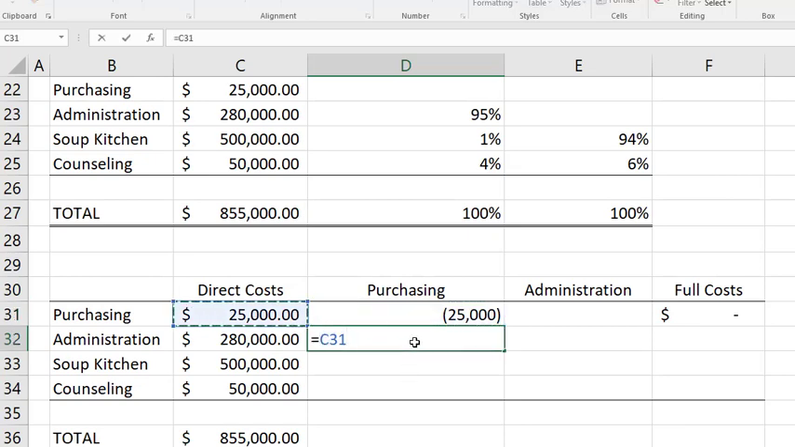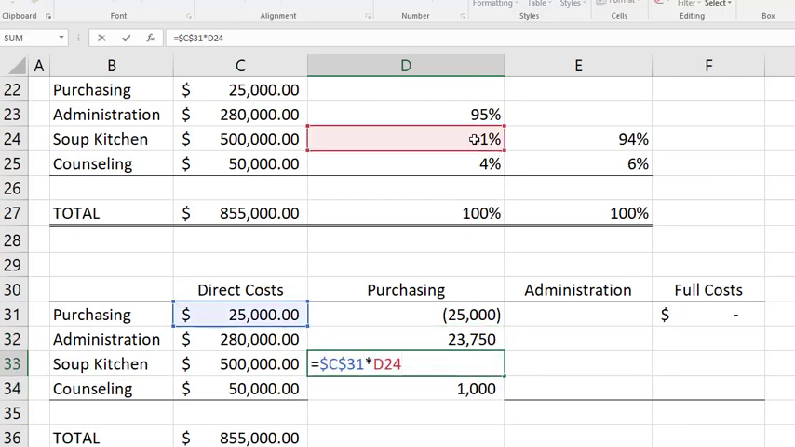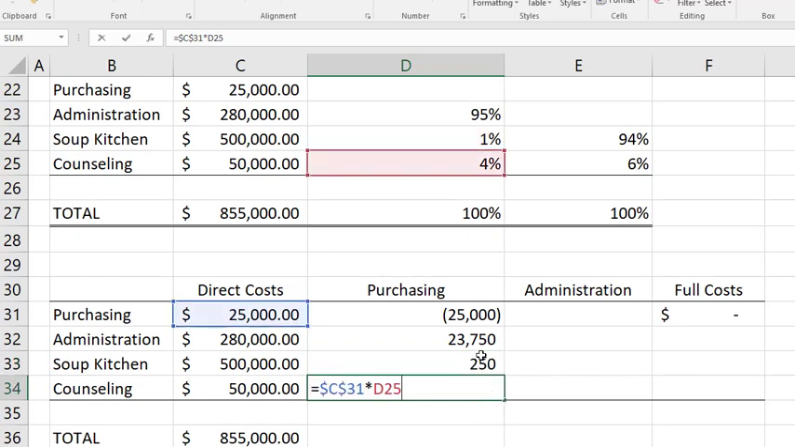And so this one is going to be this $25,000 multiplied by 95%. So 95% of the purchasing activity occurs in the administrative cost center. And if I lock in this $25,000 here, I can just autofill down, and it will grab the next percentage in the row, multiply it by there,